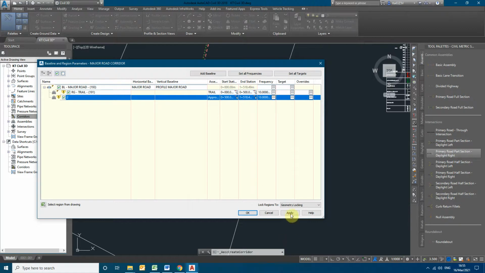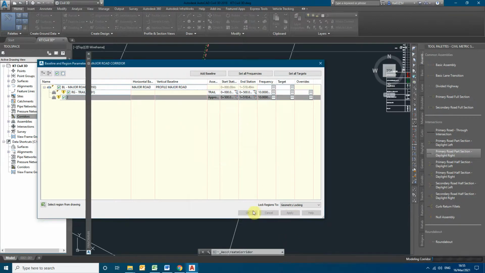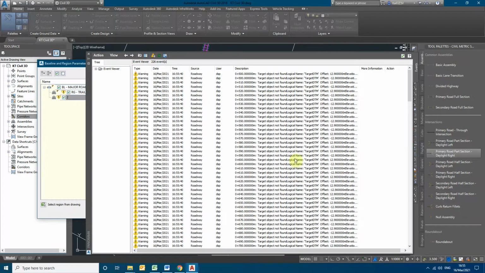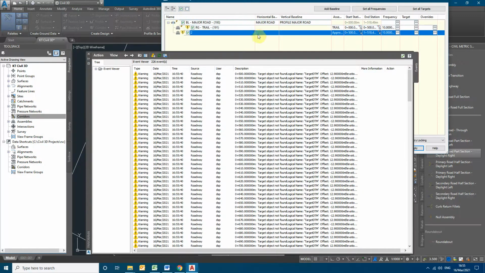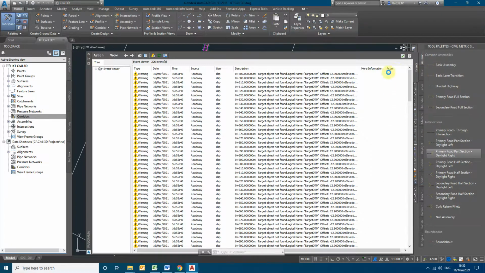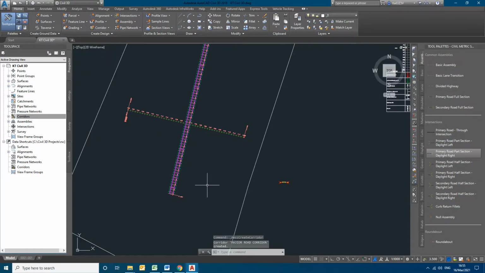So now by clicking on apply, we build the corridor. Just click on OK. Now you can see the corridor has been applied.